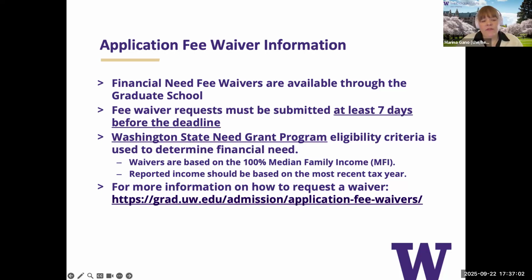All that is asked of you when you fill out that financial need waiver is just a numerical amount of your annual income for the previous tax year. Assuming for students that are currently in pharmacy school, I would guess that most of you would qualify for a fee waiver. It's just a matter of getting it in on time so they have enough time to process. They are not put through too much scrutiny. So I would recommend just submitting that request to not have to pay another application fee.